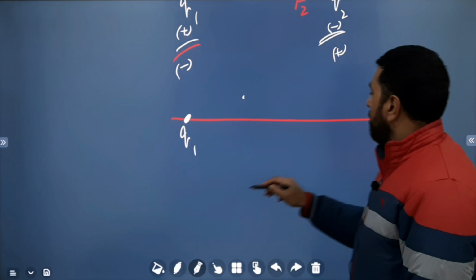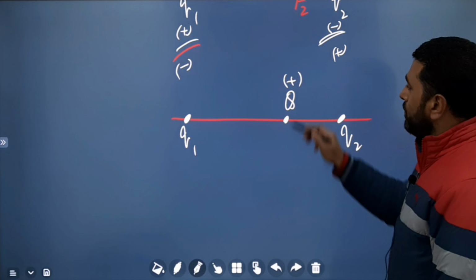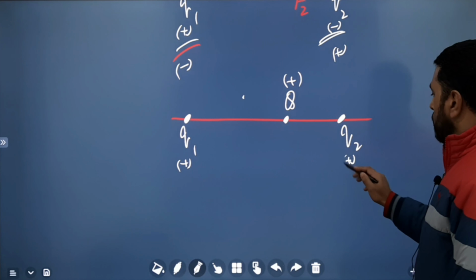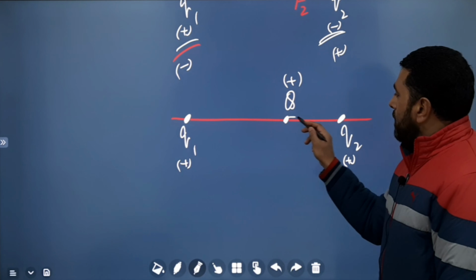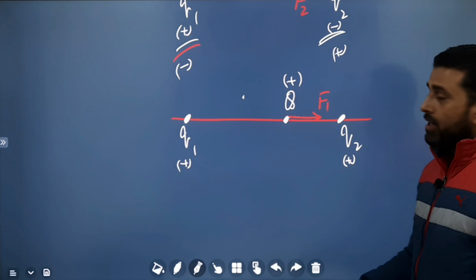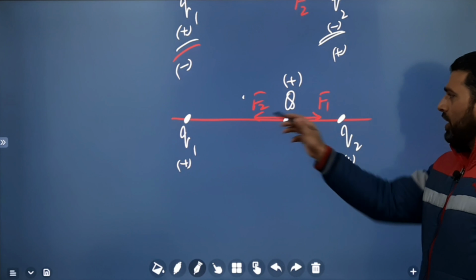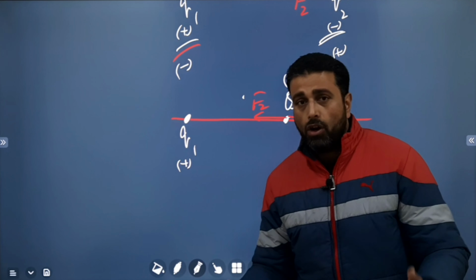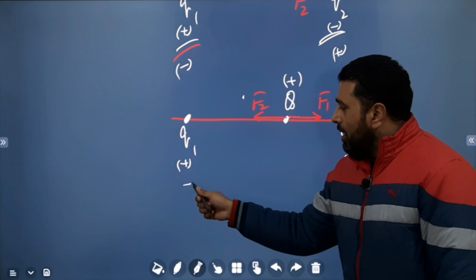This is q1. This is q2. Somewhere here is capital Q, which is positive. Let's suppose q1 is positive, q2 is also positive. So they are like charges. So 1 will exert a repulsive force, F1. 2 will also exert a repulsive force, so that will be away from 2, F2. So you can see now they are in opposite directions. So there is a chance that they will cancel out if their magnitudes are the same. Okay, obviously there is another condition that their magnitudes must be the same. Same thing will happen if both are negative.